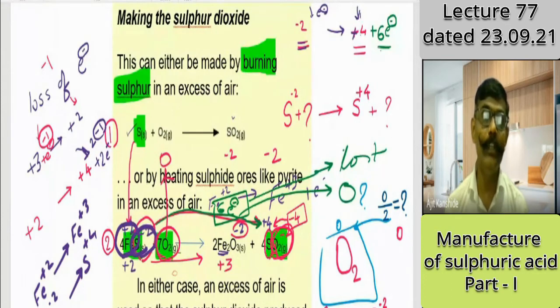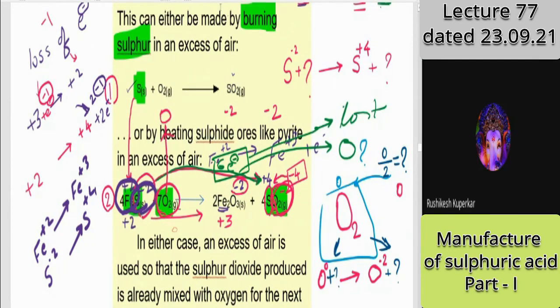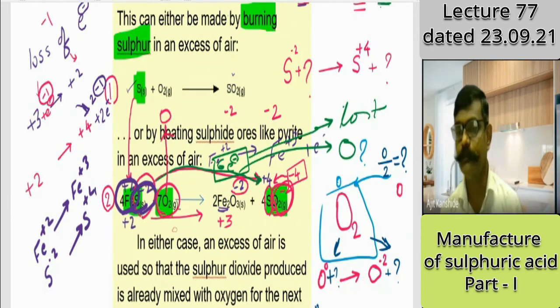Now I need your help. Where shall I put the electron? Electron to the product side or electron to the reactant side? Shall I add the electron here or here? That's the question. Reactant. Yes. I have to add the electron to the reactant side. How many electrons? 2. O0 plus electrons gives minus 2 charge. How many electrons? 2 electrons. Then only I will get O minus 2. So here is a game of 2 electrons.